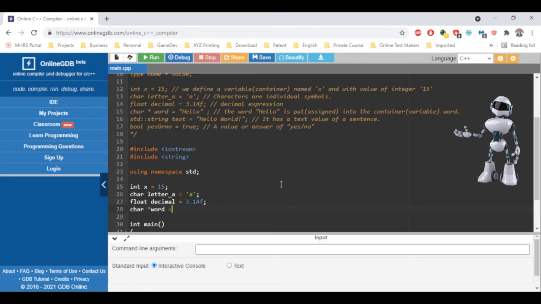You can either do this or this, it's the same thing, and it's the word